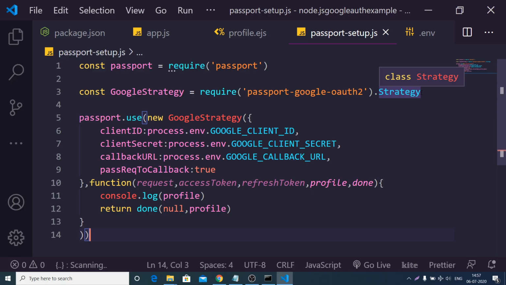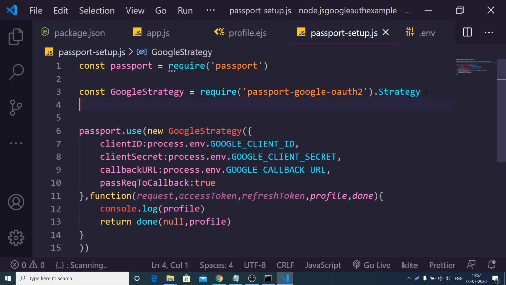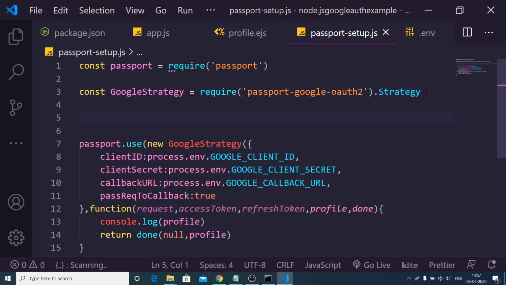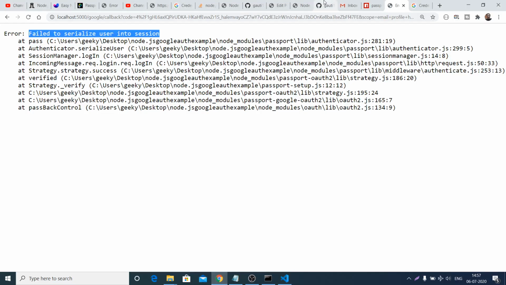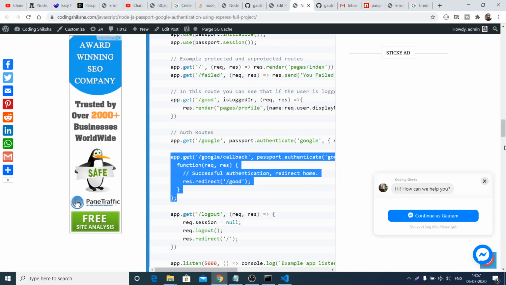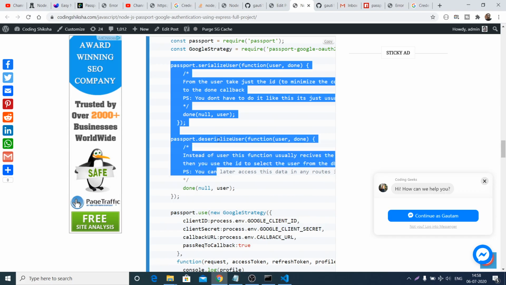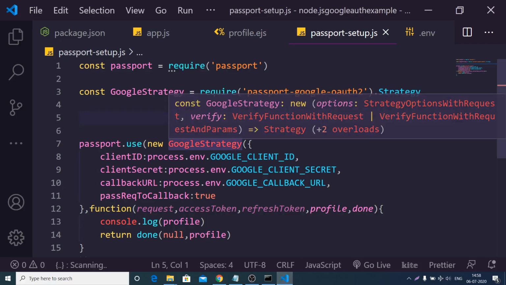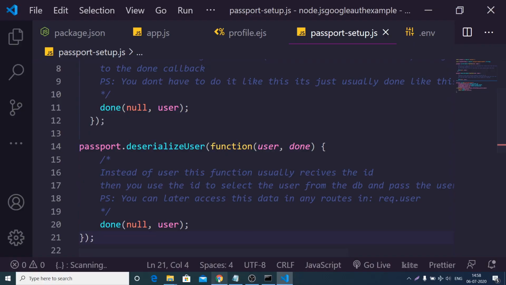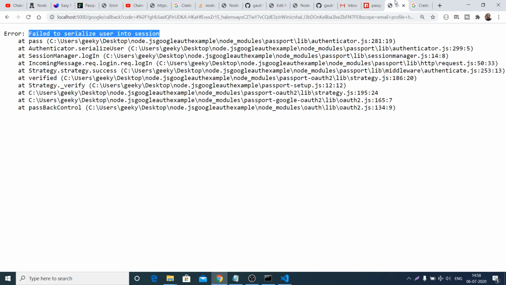I am intentionally running this application as it is, because I need to tell you which code does what. Inside passport setup, if you go to my blog, you will find these two functions, which are passport serializeUser and deserializeUser. You need to copy these two functions and paste them inside this file like this. Now once again, if I reload it, this error will not come.